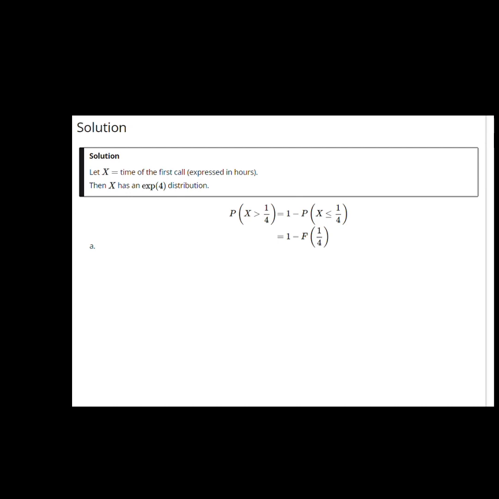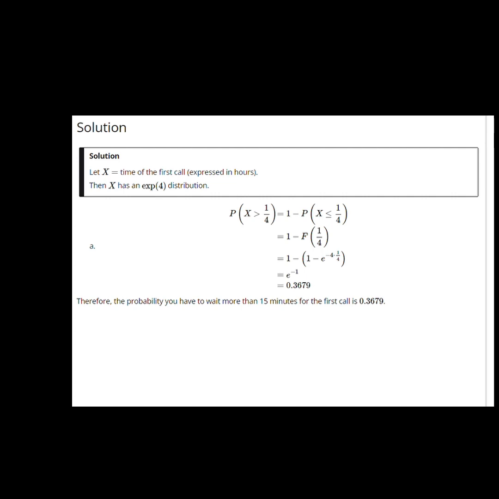Remember the form of the CDF of an exponential distribution. F of x is 1 minus e to the minus lambda times x. So if in place of lambda we put 4 and in place of x we put 1/4, then the probability X is bigger than 1/4 is 1 minus the quantity, 1 minus e to the minus 4 times 1/4, which is e to the minus 1, or